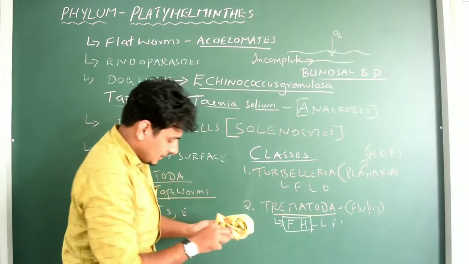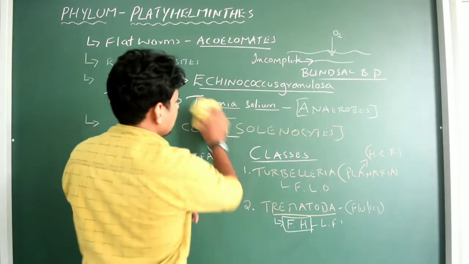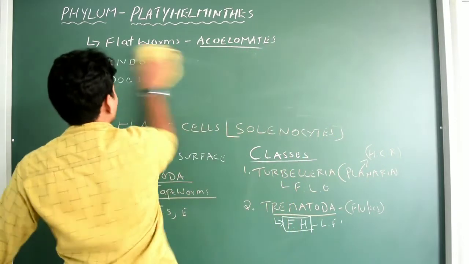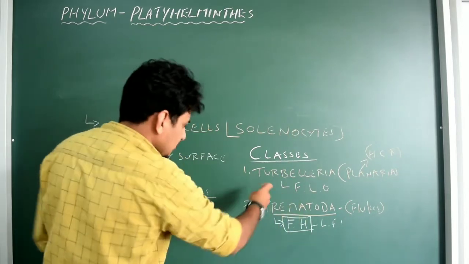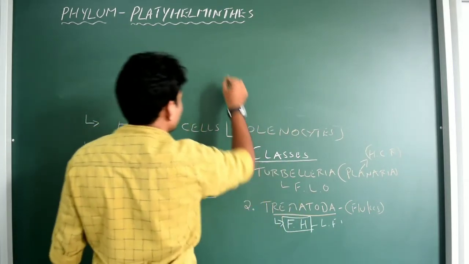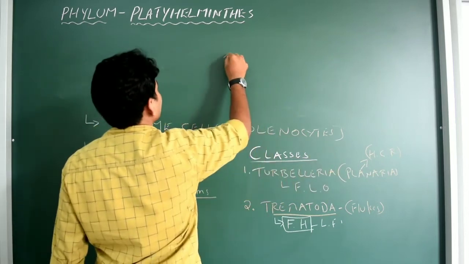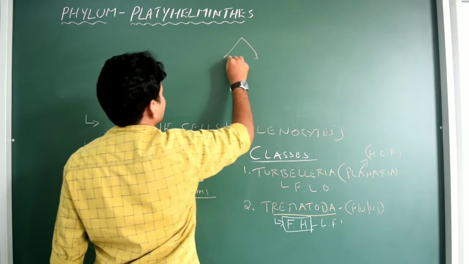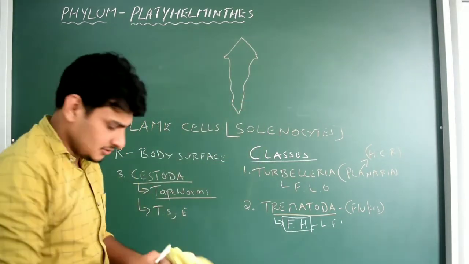Okay, so before I erase, I just want to add a few points here. Okay, let me just write here itself. Let me erase this portion. You just take the first class, that is Turbellaria. If you have space, please write down here the Turbellaria. For example, let me just draw the Planaria diagram, kind of like this, right? So Planaria, they belong to the class Turbellaria.